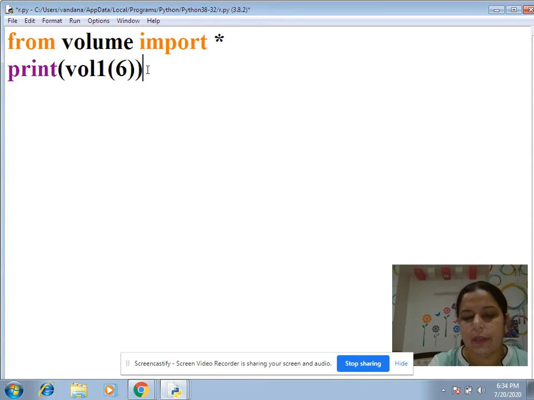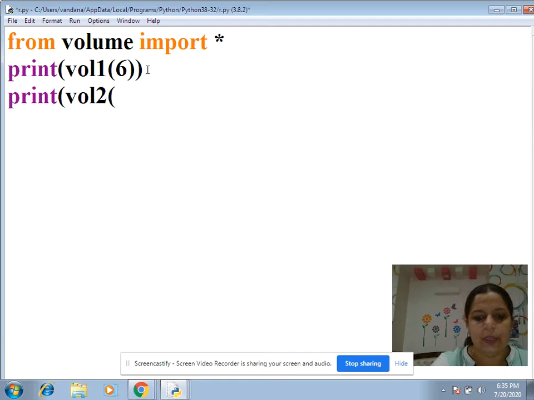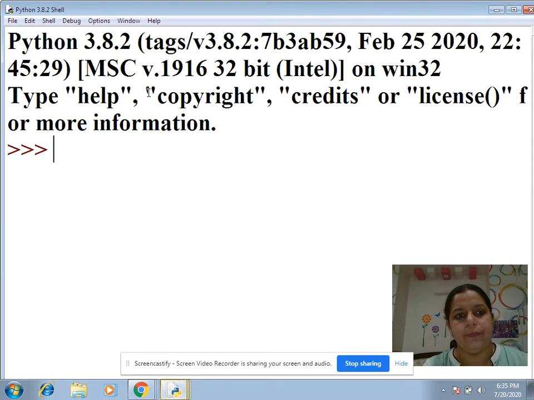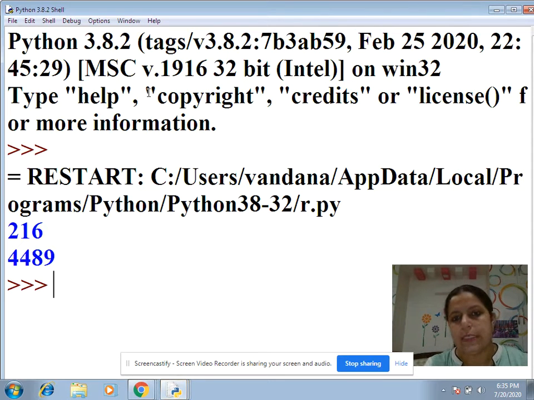I can straight away give a print statement, let's suppose vol2, and here I have given 67. The two brackets will come, and now let's run this code. So the answer is there in front of you. This way we can do the practical of the module, how to call the module in the Python program.